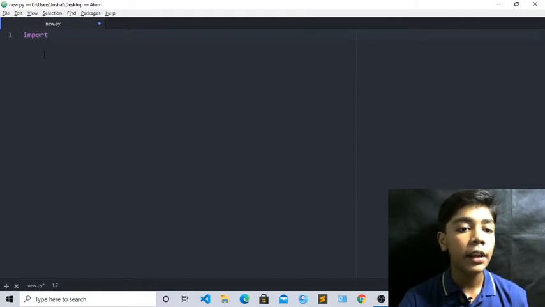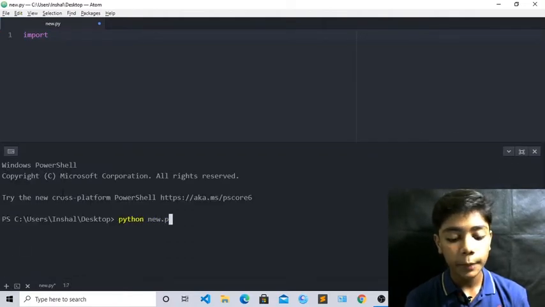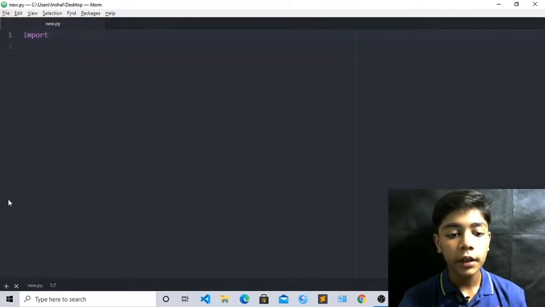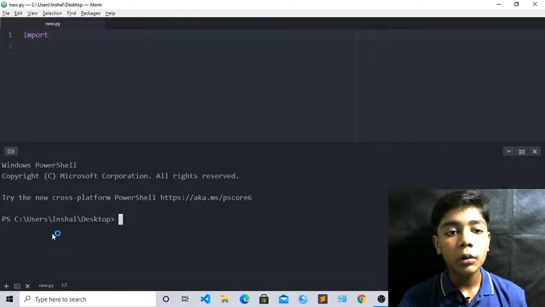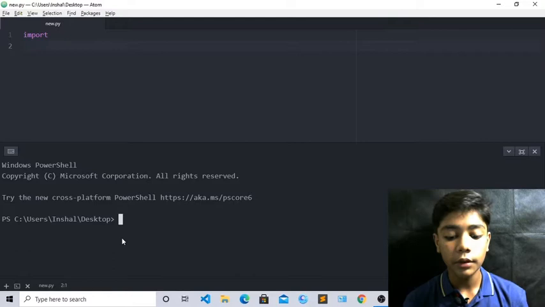And the import tag is also used for printing things when we are coding. So just come over here and write python new.py, and it will print it. Okay, you can see this. Now first of all save it. Okay, now when you have done that, we will download import, because it is a different tag from the previous tag. So we have to download it again.